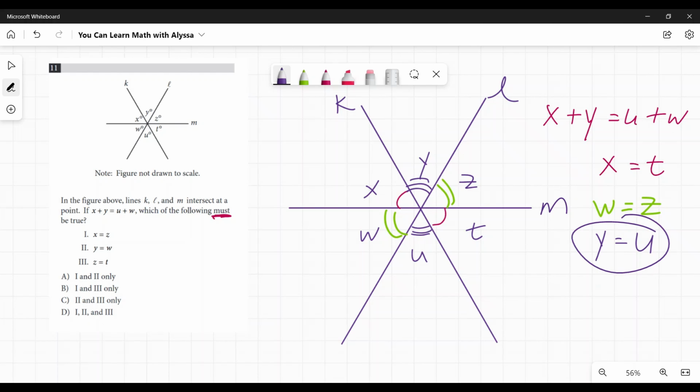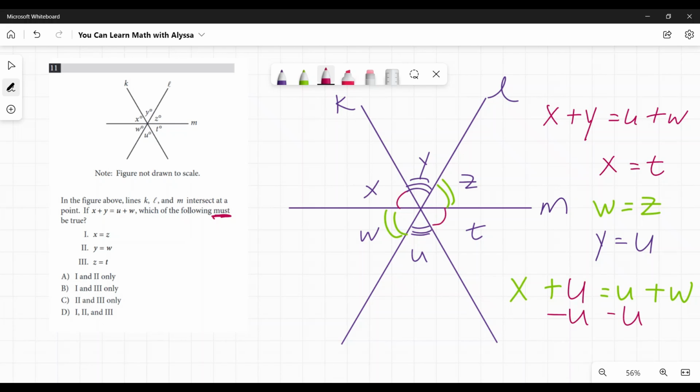If Y is equal to U and I plug in a U for Y, what would happen? All right, I'm going to write that down here. So we have X plus Y equals U plus W. And since Y equals U, I'm going to replace that Y with a U. There we go. Now I've got a U on both sides. So if I were to subtract U from both sides, those U's would disappear, right? And I would be left with X equals